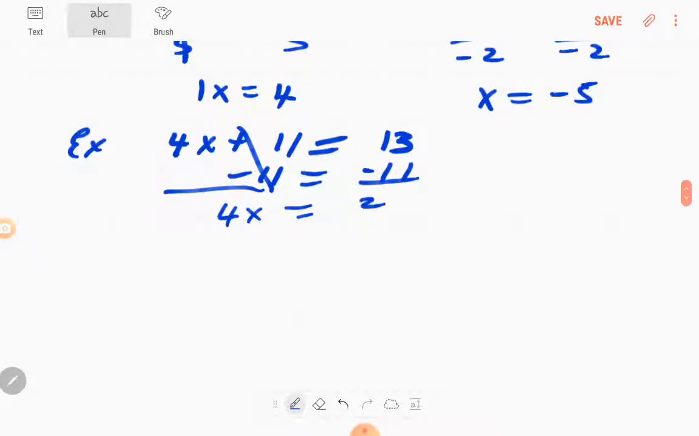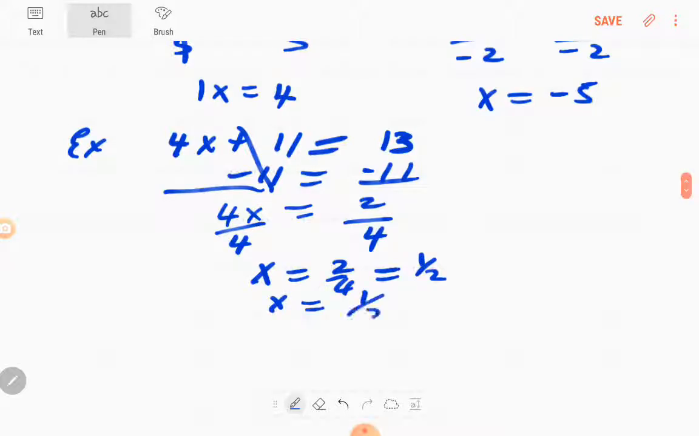And here I'm going to use the multiplication property. I'm going to divide both sides by 4. The same number, same sign that's in front of the variable. So we have x is equal to 2 over 4, which divide the top by 2, divide the bottom by 2 is a half. So x is equal to a half. Okay,